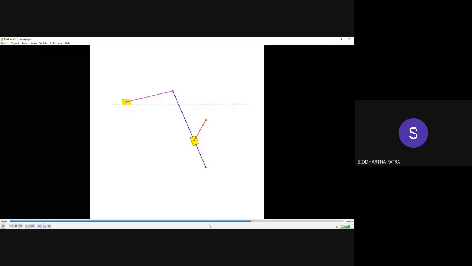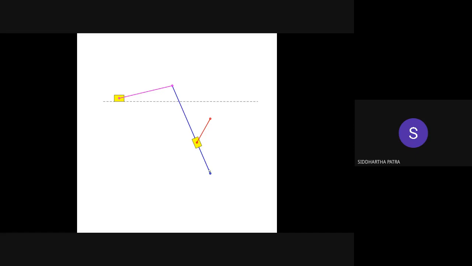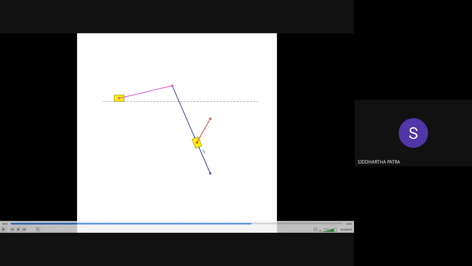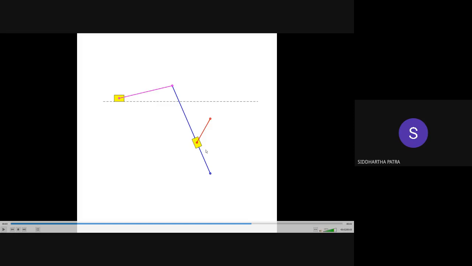So this is one simulation that I made in MATLAB. Please pay attention to what is happening. This top yellow block is equivalent to the shaper head. You can consider it attached to the shaper head, and all of these are different links, part of the mechanism, connected by pin joints to other components. This red colored bar right there is the crank that is attached to the rotor, and it is attached to this rocker, the blue colored line, with the help of a sliding joint.